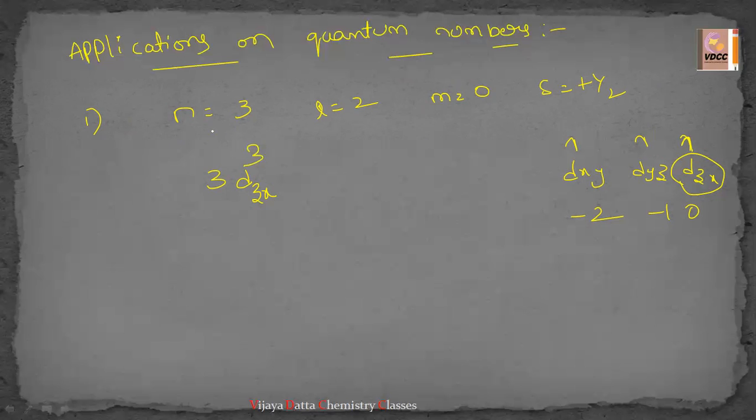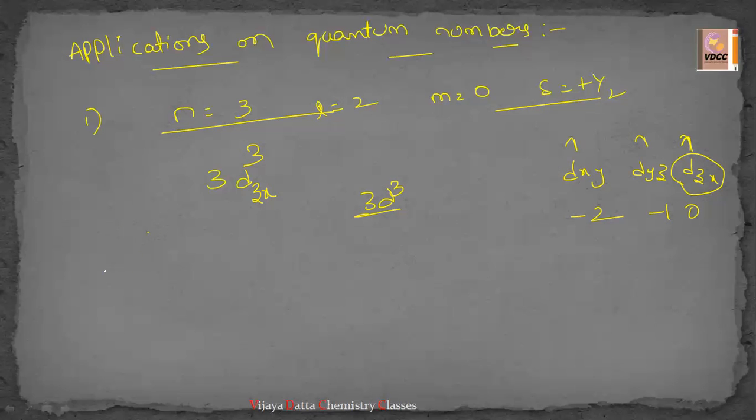So now we are able to identify where the electron is exactly present. That is what I said in the beginning: we can address the electron where it is exactly present. Now they have given these four quantum numbers, and I am addressing the electron present in the 3d orbital. Otherwise, sometimes they'll give the orbitals and ask you to write the quantum numbers. That can also be done in the same process.